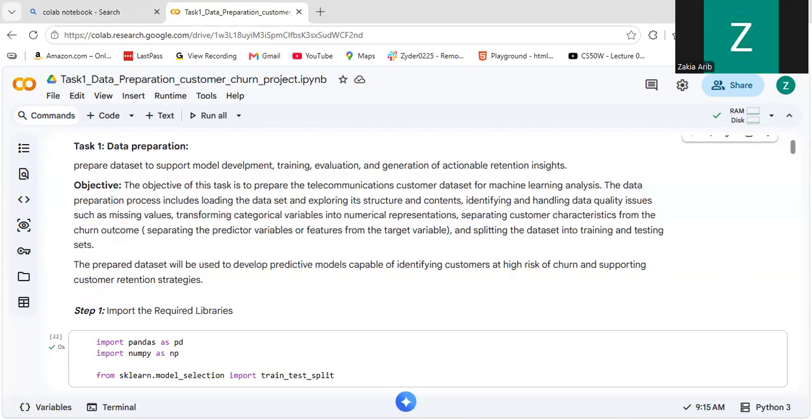Prepare the data to support model development, training, evaluation, and generation of actionable retention insights. The objective of this task is to prepare and clean the data for machine learning analysis. The data preparation process includes loading the data set and exploring its structure and contents, identifying and handling data quality issues such as missing values, transforming categorical variables into numerical variables because machine learning only works with numericals, separating customer characteristics from the churn outcome,